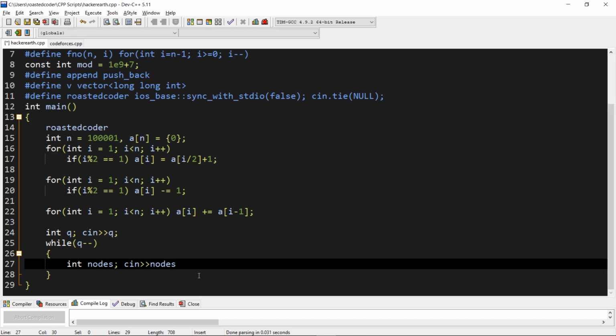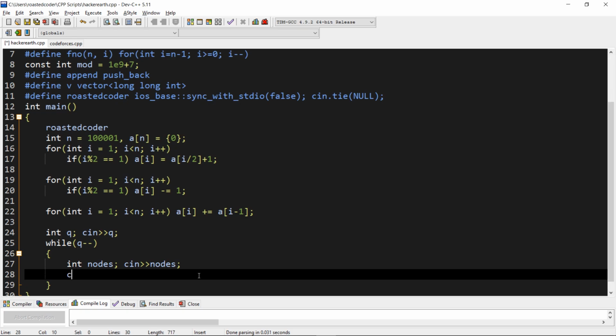And now we have to print a of nodes in order one time. So the overall complexity of our code will be order n. So let's print a of nodes.